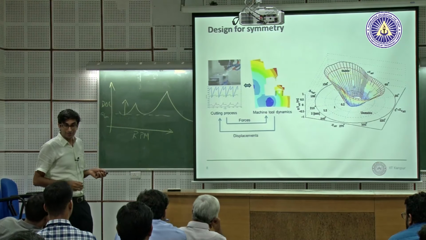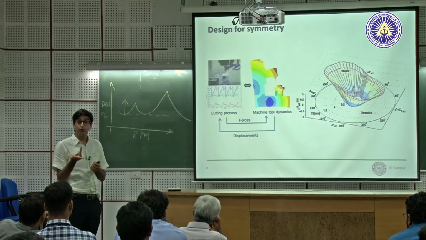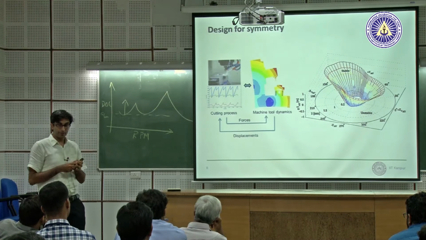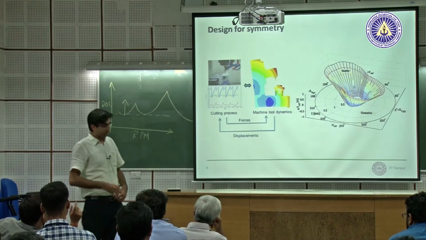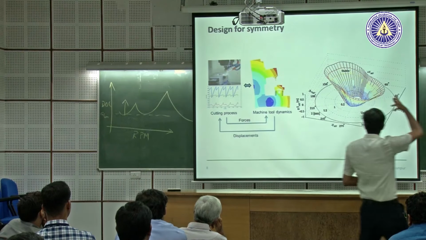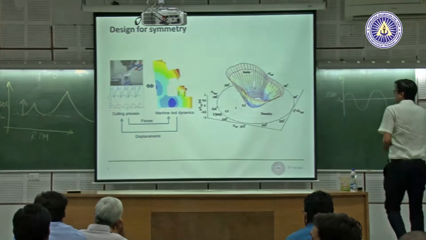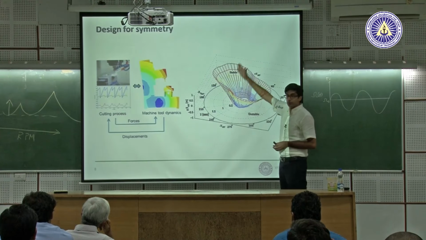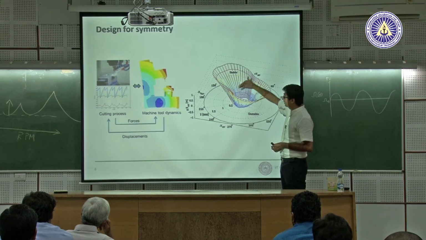Why is that? Not only that, because it depends on modal projections, how the dynamics are in the X and the Y. Because plus Y and minus Y should be the same, must be the same, actually not. You can't really see it behind, but it's symmetric across this plane. Here, it's not symmetric like this.